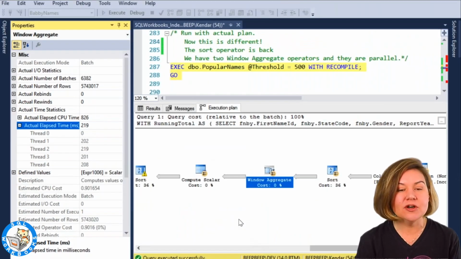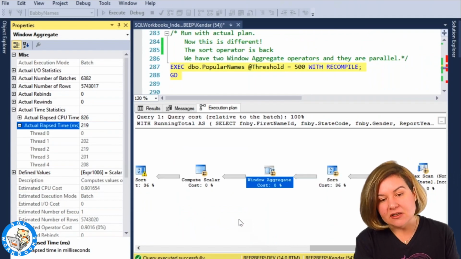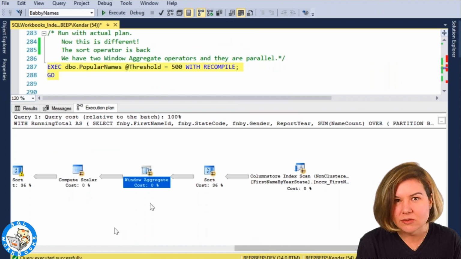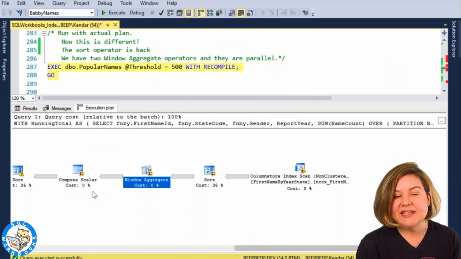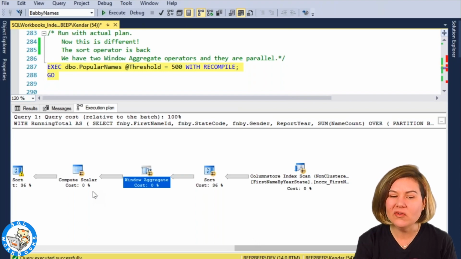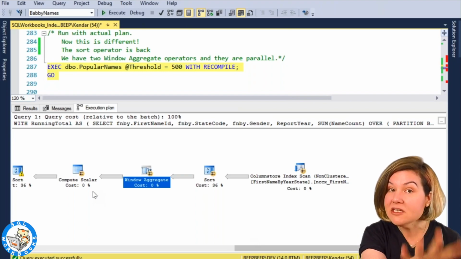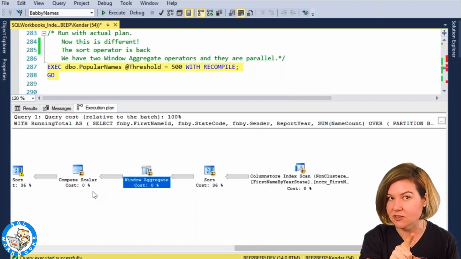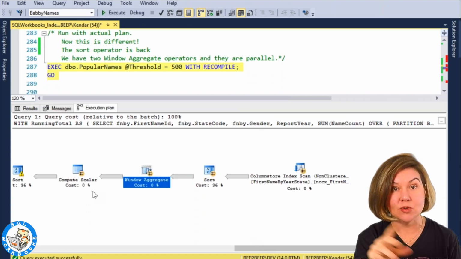But SQL Server, even when I had the non-clustered column store index, just because it was deciding to still use the row store index, it wasn't giving me this operator for some reason, right? For this query, so far, I've only been able to get this if I took the row store index away. We're going to see if we can get it with the row store index, because